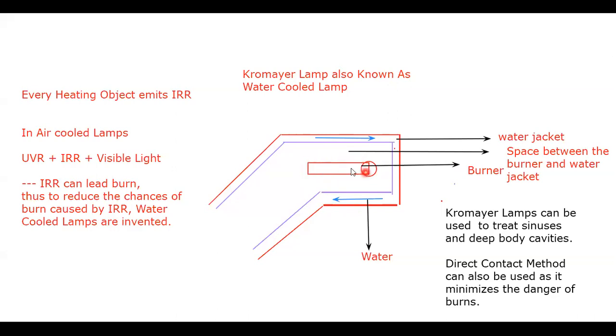You can see this is a U-shaped tube in the air-cooled lamps. In air-cooled lamps, we have this kind of U-shaped tube, which is turned horizontally. This is your U-shaped tube. Clear about this? Okay, and why are we using it? Because we can absorb IRR, so that we can eliminate the chances of burns caused by water-cooled lamps. Okay, so this is a very important question as far as your theory is concerned.